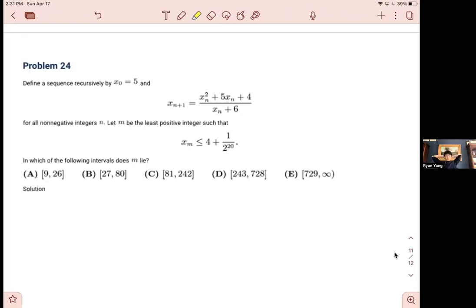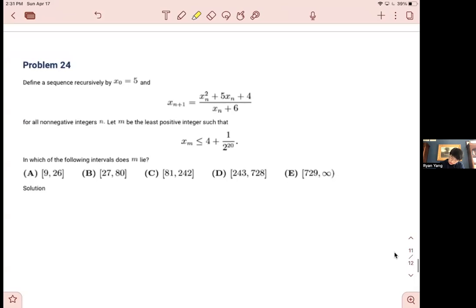infinity. And so notice that these intervals are actually quite big. They're each a factor of 3 wide, which is quite loose. And motivated by this, we can probably guess that x sub n equals 4 is a fixed point. So basically, you should be able to guess that when you plug 4 into this recurrence relationship, you'll get 4